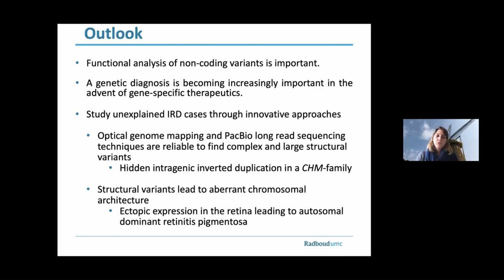We also still need to study the structural variants that lead to chromosomal architecture aberrations. That's also something that I do not have time for today, but we have recently found an ectopic expression event in the retina. So a gene that should not be present in the retina was turned on by mistake and led to autosomal